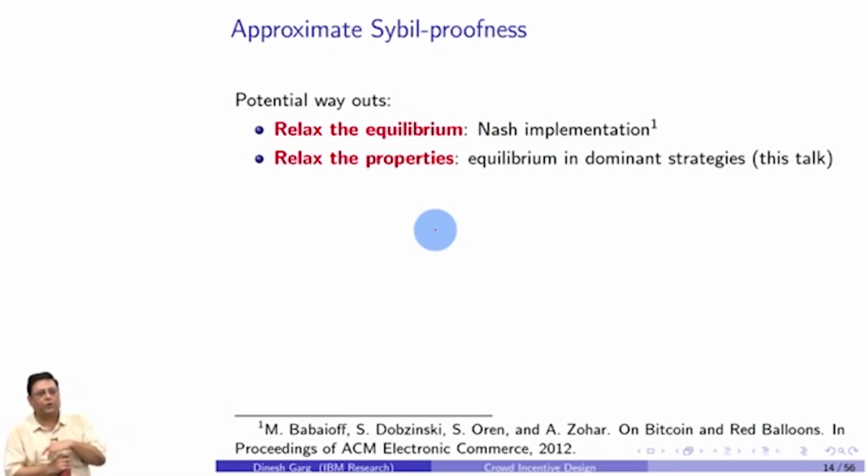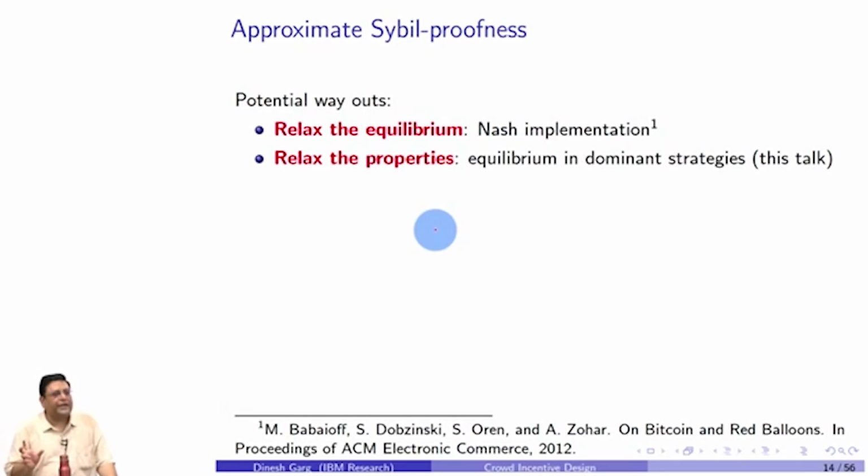See, so far what we talked about is that my decision is independent of what others are doing. Whether I should put more effort on recruitment or whether I should put more effort on balloon search, these are called equilibrium behavior, right. How the agents, all these participants, will behave once you float this reward scheme, the behavior of the participant in the equilibrium state is called the equilibrium behavior, right. Currently, in all the definitions which I gave, we assume that the behavior of an agent has nothing to do with how others are behaving. No matter what others do, I will do it this way, this is my best interest. That is called dominant strategy equilibrium, okay.